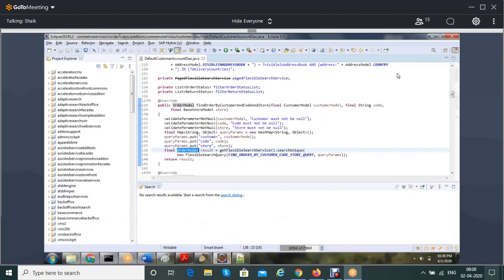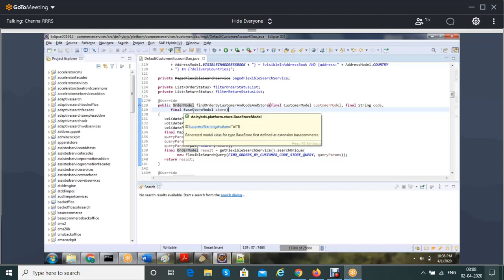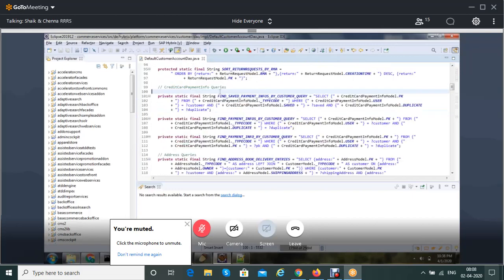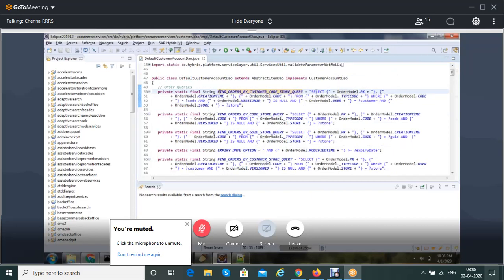My question is, can we use that flexible query in the DAO layer? We are doing it in the DAO layer only. See, in the HAC you showed a query, right? Like select star from, curly braces, you enter attributes, and after where you give an item type. So can we use the same query in the DAO layer? The same query only we are using, but when it comes to Java, if you put it as it is, it cannot understand. So you need to use double quotes, append symbols, all those things.